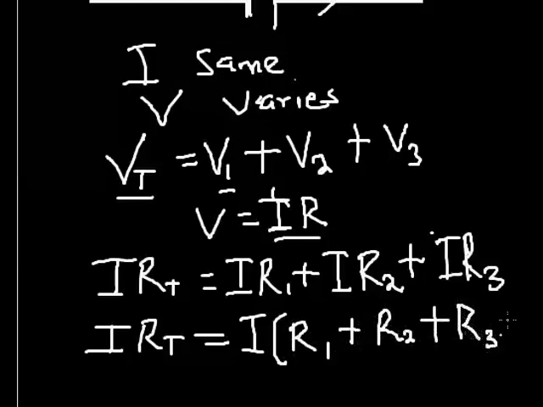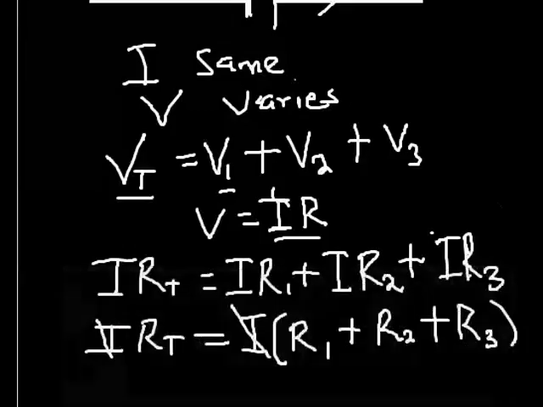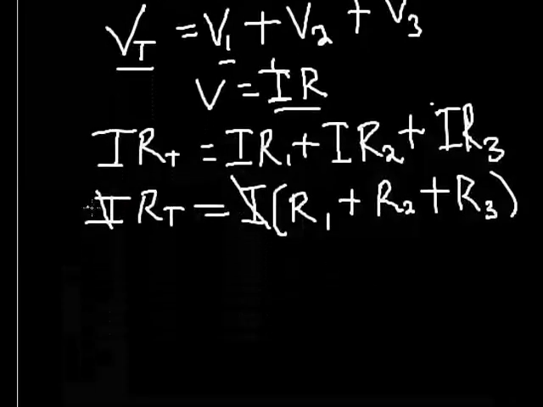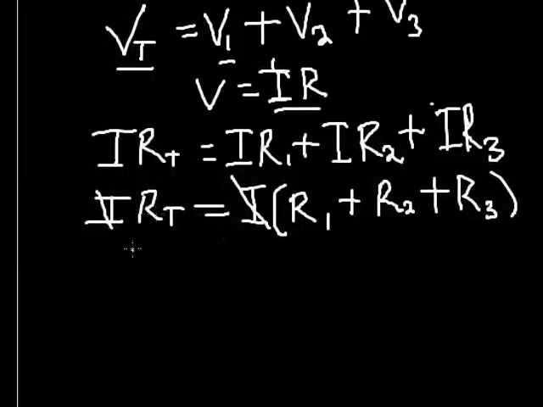Now, having the same factor I on both sides of the equation, they cancel out. Please take note of that. All right, this is mathematics. So I'm now left with